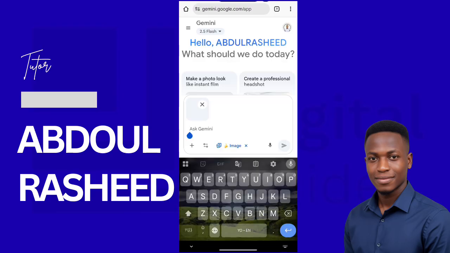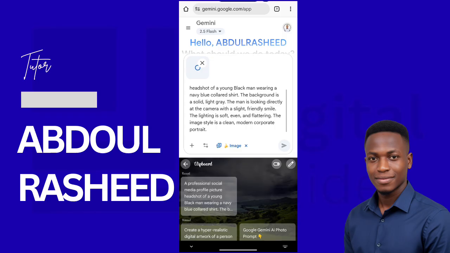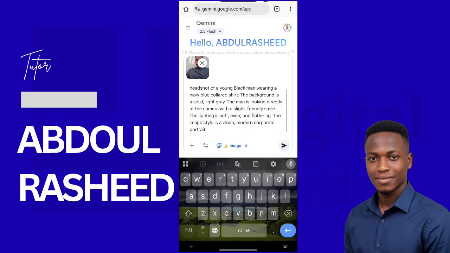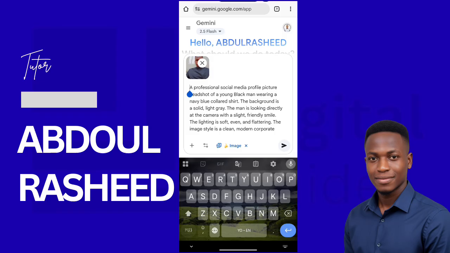Now, which prompt did I use to get this? This is the prompt I used. Alright, now I said, let me say, using this image uploaded,